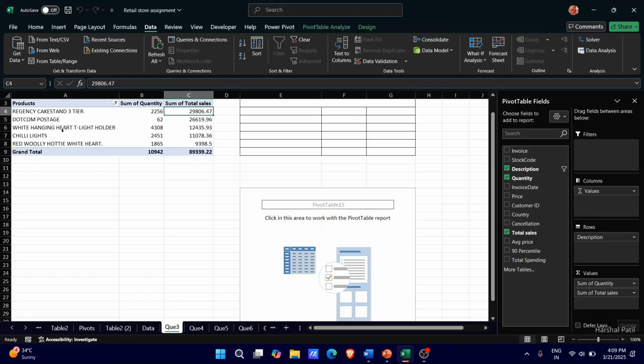Hanging heart light holder, chili lights and red woolly hottie white hearts. We calculated sum of total quantity and sum of total sales,